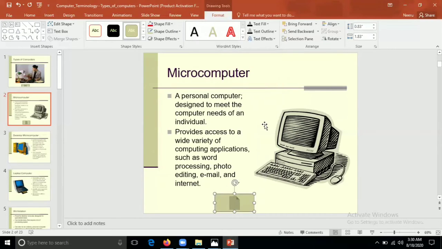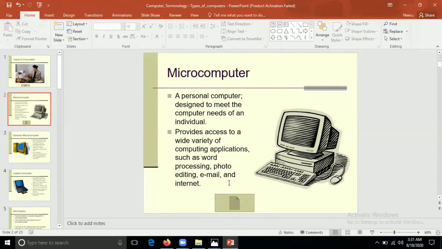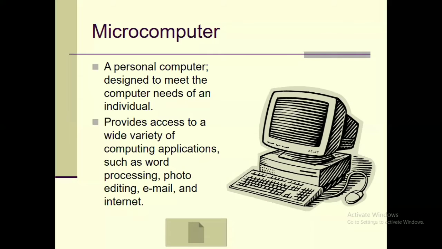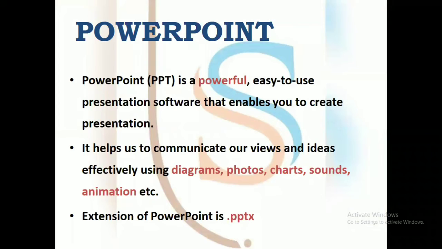Now I am showing you the slideshow. I am doing it from the current slide, and you know the shortcut key to play from the current slide is Shift plus F5. I have set it on mouse click, so just click on it. Automatically you can see that it is the slide of another presentation.